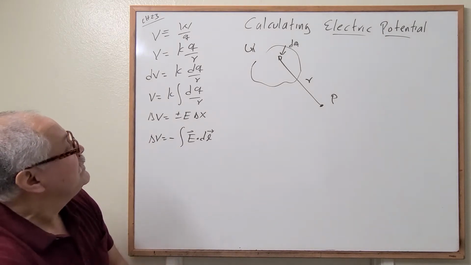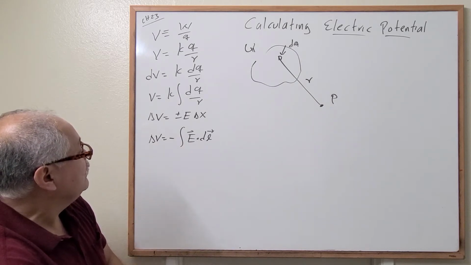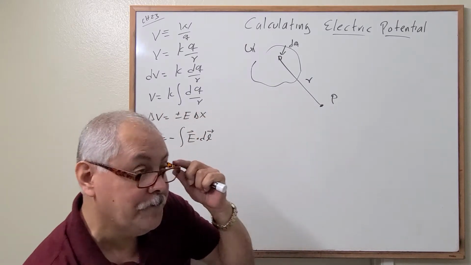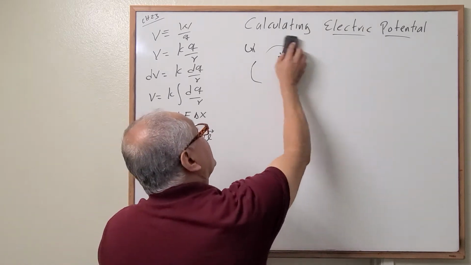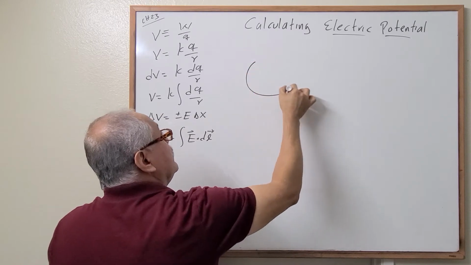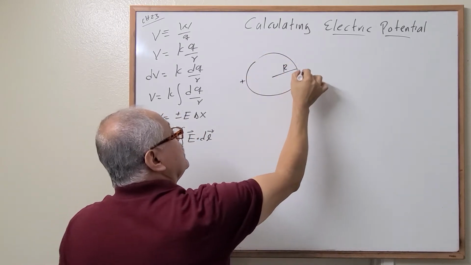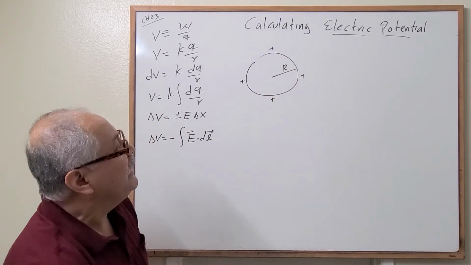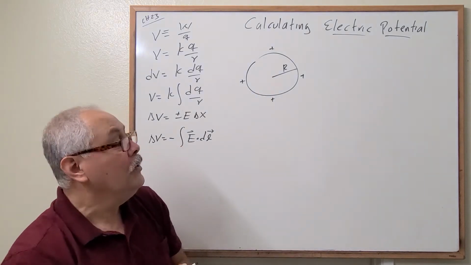Let's do it. Let's just start with this equation using the electric field, and let's calculate the electric potential for a sphere. Imagine that we have a sphere, and this sphere is charged, and the radius is R. Okay, and the charge is positive. Perfect. Let's try to find the electric potential inside and the electric potential outside. Okay, inside